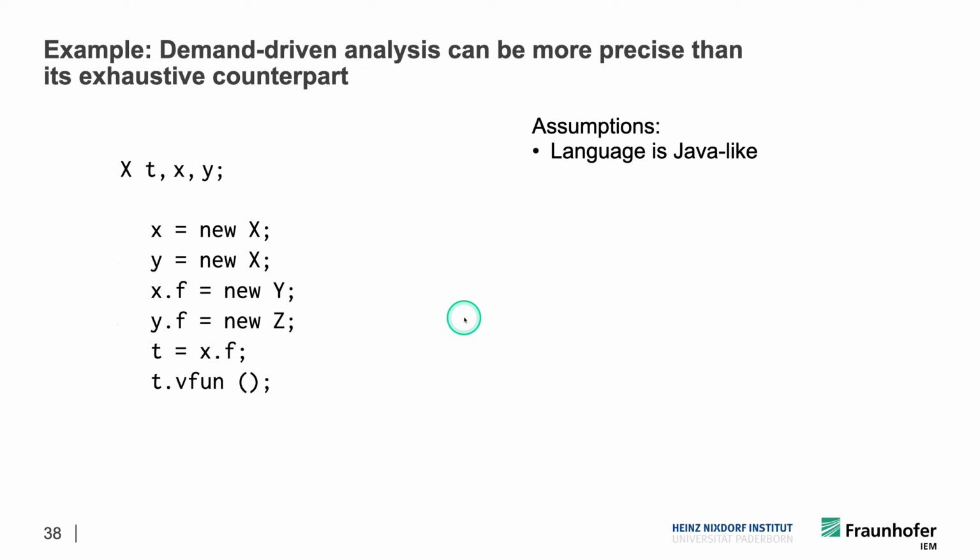And here we are assuming that we have a certain baseline analysis that is not already very precise by itself, right? So here they deliberately used some analysis that is not the most precise one in the world, so that we can actually improve over its results. So the assumption here is that, first of all, this is a program in a Java-like language, and we have the given class hierarchy. So X is a superclass of Y, which is a superclass of Z, okay? And this field F here is actually declared in X,